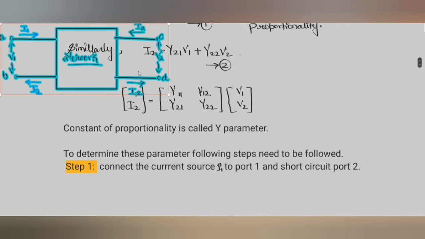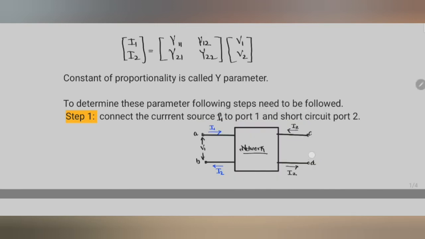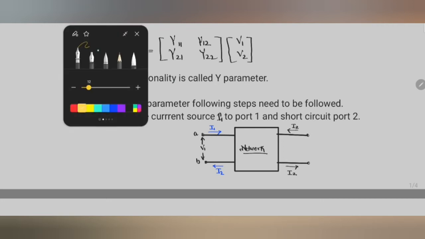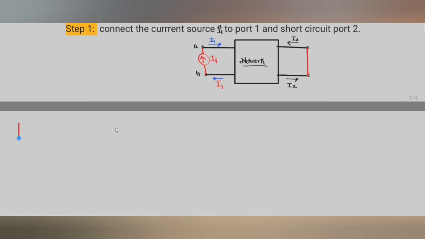Now first we will connect the current source I1 in the input port, that is AB, and our output port should be short circuited. Okay, this is I1. Now find V1 and I1 and calculate. This will be step 2: find V1 and I1 and calculate